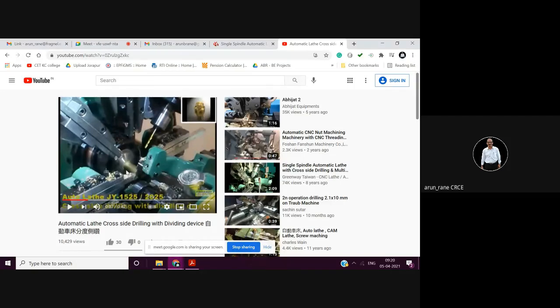So we have to see that by the time all these operations are completed, the diameter being machined by the parting tool is not less than 6. That 6 mm diameter is sufficient to hold the workpiece while these operations are going on.